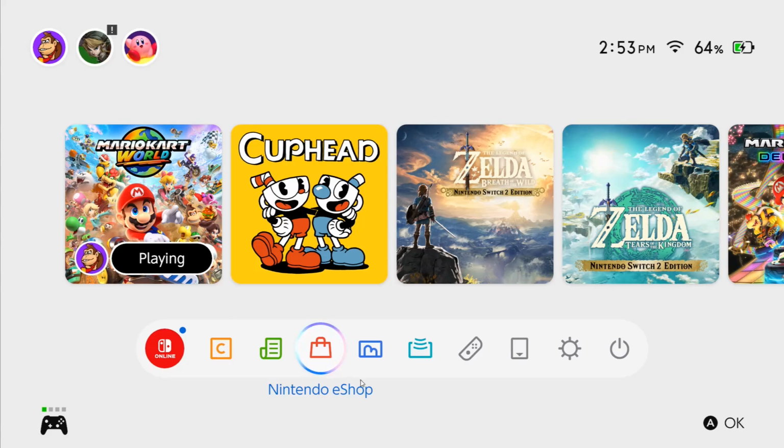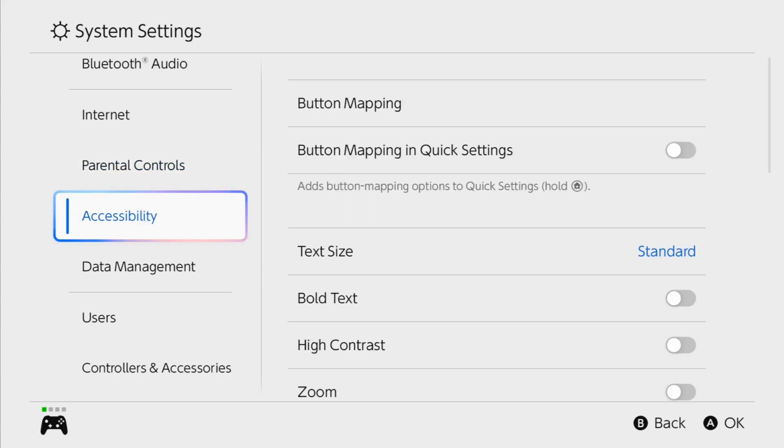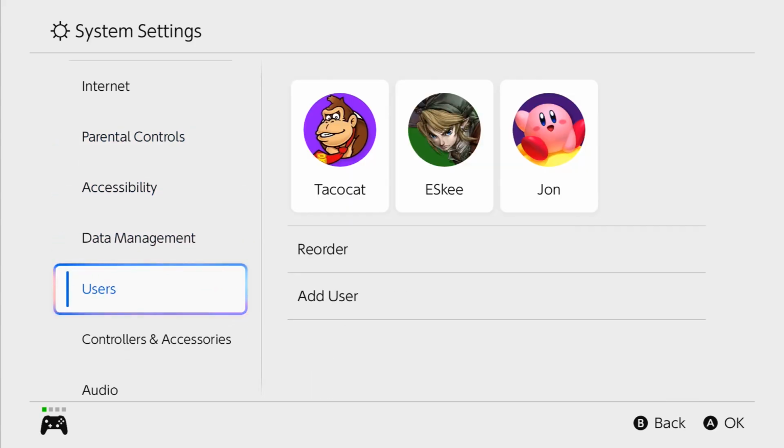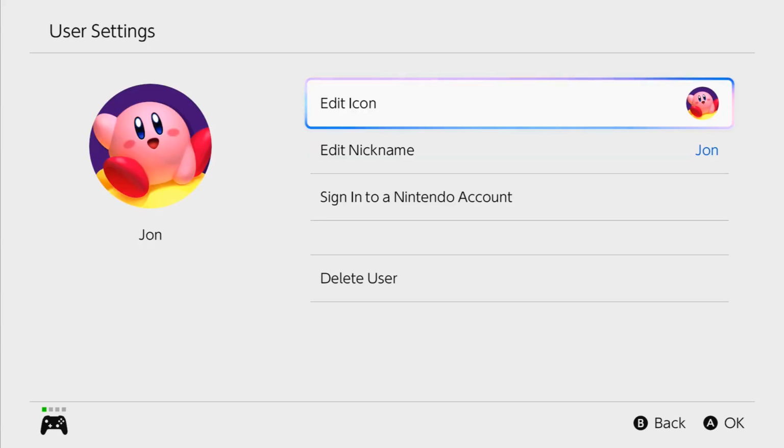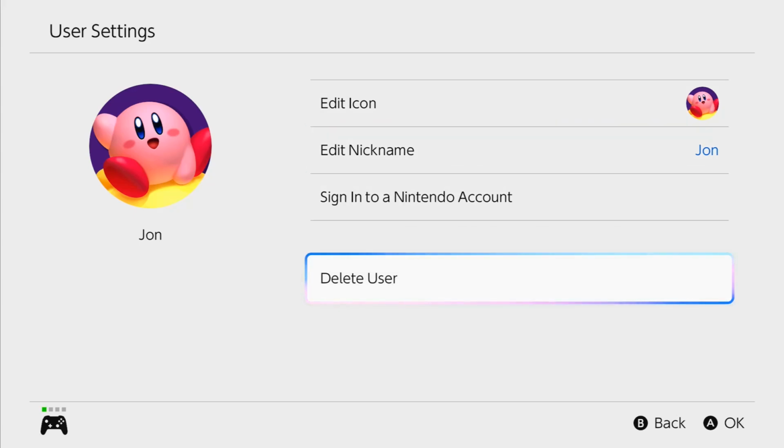So to do this, what we want to do from the home page of our Switch 2 is go over and select our system settings. And then in our system settings, we're going to scroll down until we find where it says users, and the user that you would like to get rid of, select that one. From your user settings, you should be able to scroll all the way down to the bottom to delete that